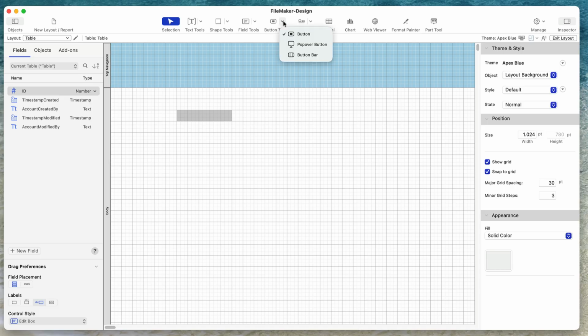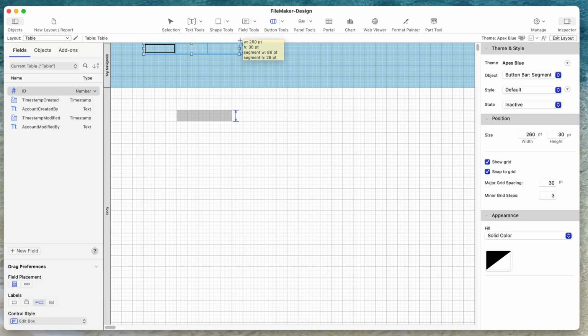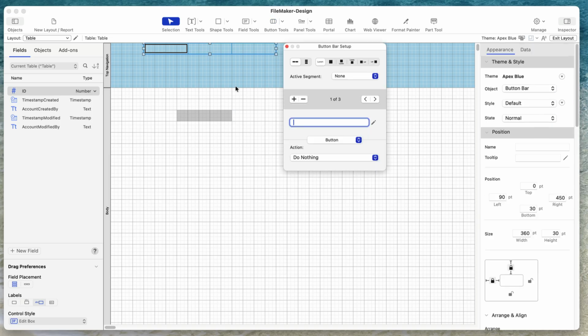For example, if I want to have a button bar, I can select the button bar and just use it here to draw this on my grid. So let's say I have a button bar here with, let's say, start, and then I go to the next one and I say list, and the next one, and I go to settings.